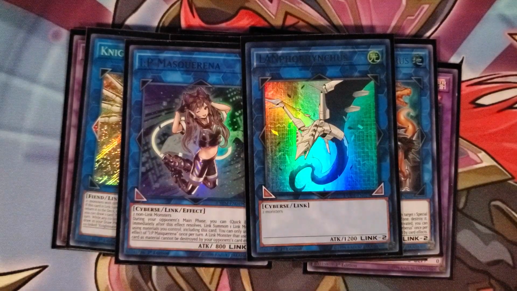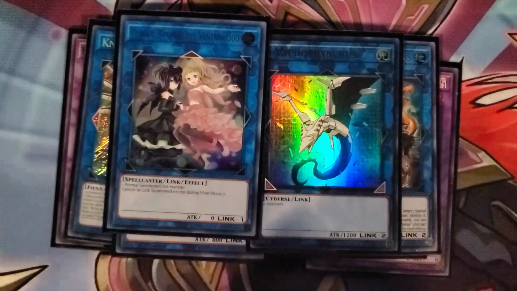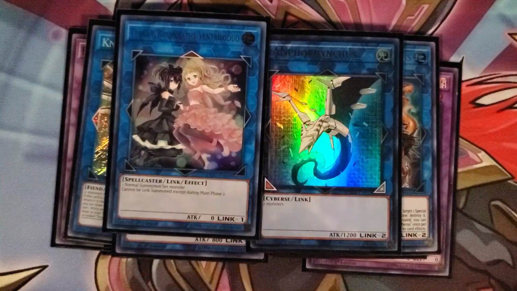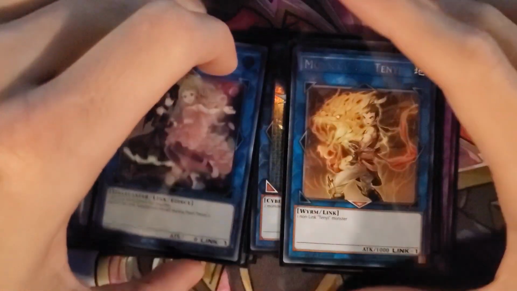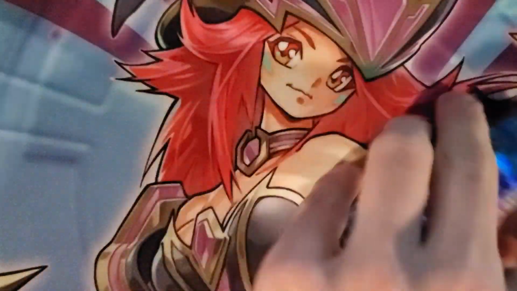So no matter what I take with Mind Control or Restrict, no matter what I take, I will be able to make Lamphorlincus with it, because it's just purely generic. And for our last 2 Link monsters, we have Clara and Rushka, once again a staple in Go Second ABC decks, and then Monk of the Tenyi to keep on playing with our Vashuda card, with Vashuda, and keep that